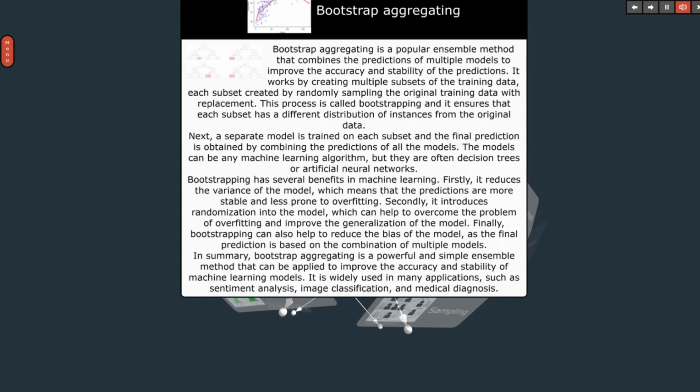Bootstrap aggregating is a popular ensemble method that combines the predictions of multiple models to improve the accuracy and stability of the predictions. It works by creating multiple subsets of the training data, each subset created by randomly sampling the original training data with replacement. This process is called bootstrapping, and it ensures that each subset has a different distribution of instances from the original data. Next, a separate model is trained on each subset, and the final prediction is obtained by combining the predictions of all the models. The models can be any machine learning algorithm, but they are often decision trees or artificial